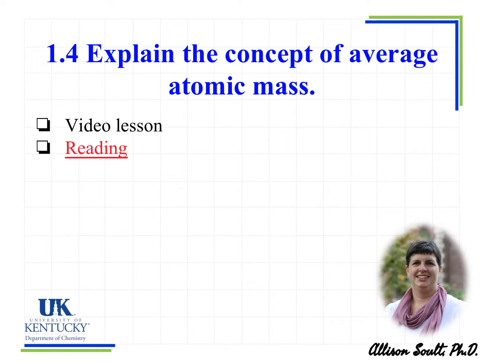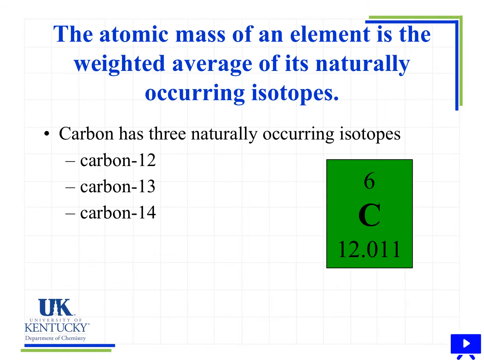In this lesson, I'm going to talk about the concept of average atomic mass. When we look at the atomic mass of an element in the periodic table, what we notice is it is not a whole number, even though that mass number is determined by the number of protons and neutrons, which are whole numbers. So for example, carbon has a mass of